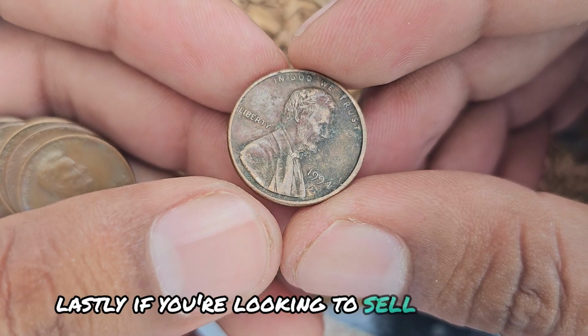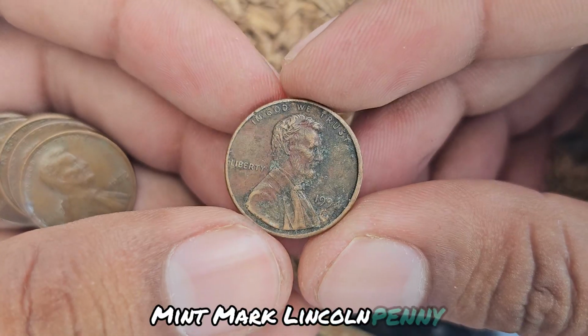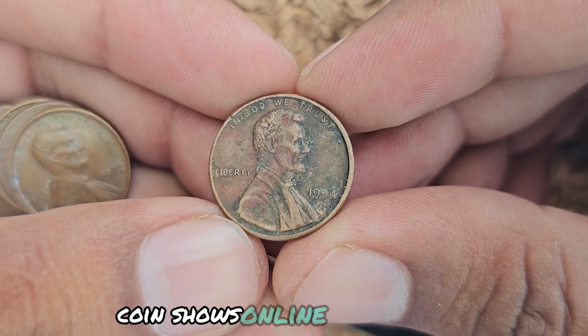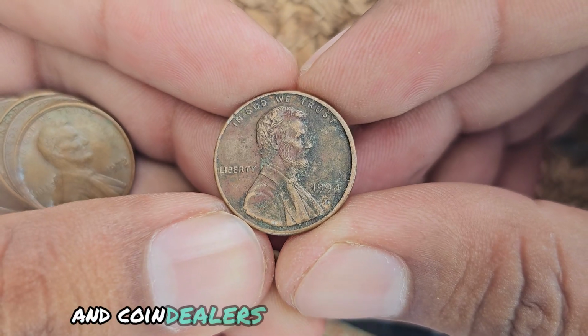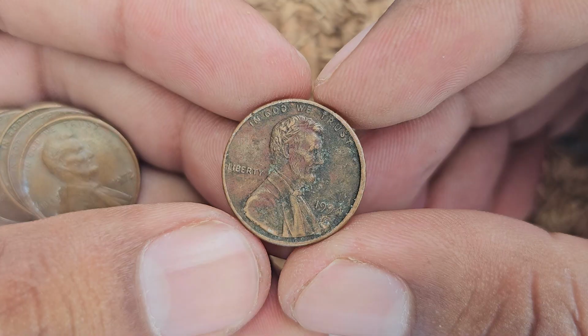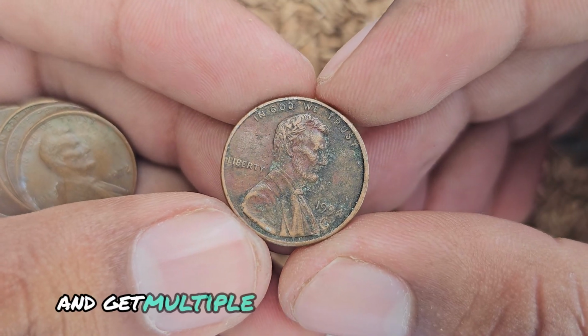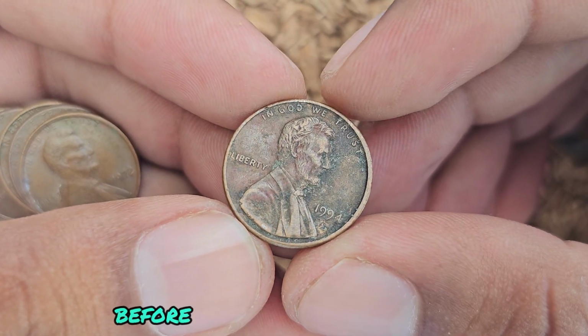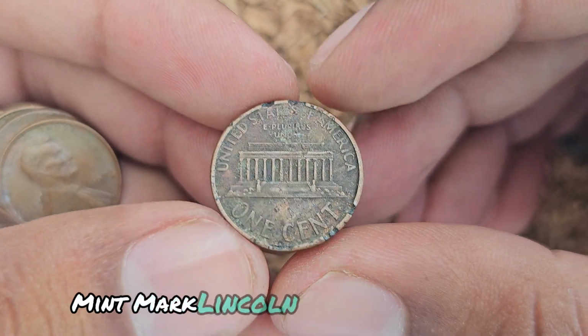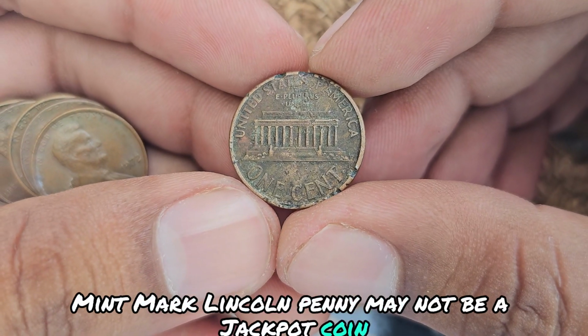Lastly, if you're looking to sell your 1994 D Mint mark Lincoln penny, there are several avenues you can explore. Coin shows, online auction sites, and coin dealers are all viable options for selling your coin to eager collectors. Just be sure to do your research and get multiple opinions on the value of your coin before making any transactions. In conclusion, the 1994 D Mint mark Lincoln penny may not be a jackpot coin, but it certainly has